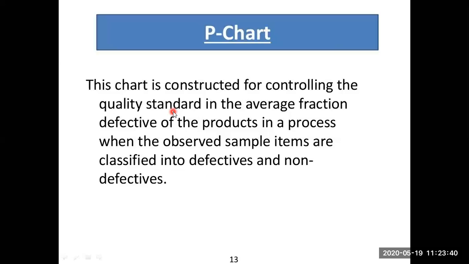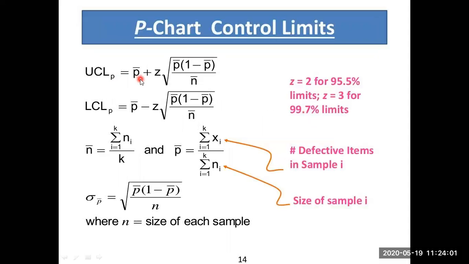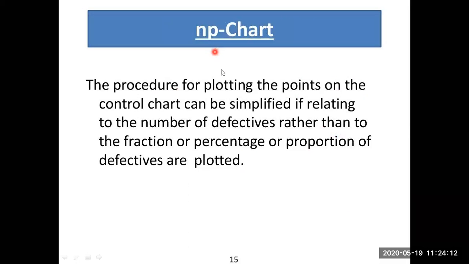Similarly, P chart. P chart is nothing but the defectives. Remember, P chart, NP chart and C chart are used for defectives only. So P chart means fraction defective. You have to remember, fraction defective is P chart. P chart formula is P bar plus 3 into something. For 3 sigma control limits you have to write 3, and for 2 sigma control limits you have to write 2. Okay. NP chart is also like that, but this chart is not a fraction defective chart. P chart is fraction defective; this is not a fraction defective chart.